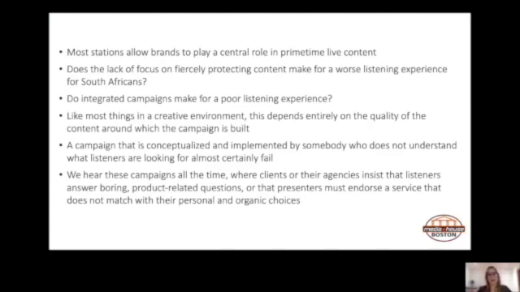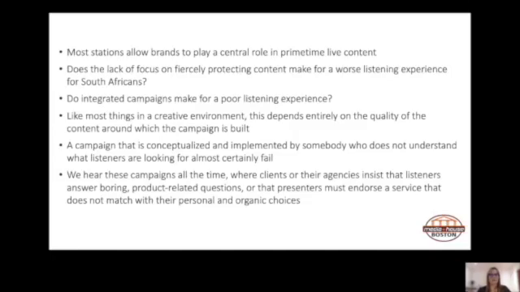The question now is, does the lack of focus on fiercely protecting content make for a worse listening experience for South Africans? Do integrated campaigns make for a poor listening experience? Like most things in a creative environment, this depends entirely on the quality of the content around which the campaign is built. A campaign that is conceptualized and implemented by somebody who doesn't understand what listeners are looking for will